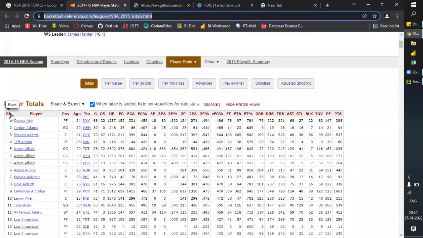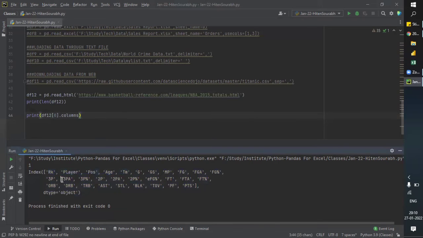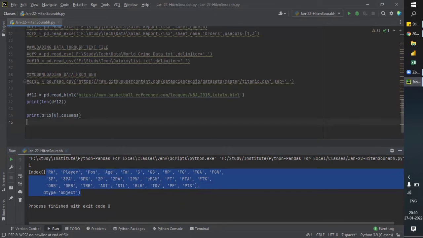You can say player, RK, player, POS, age, TM. It's the same content here. So I believe we are on the right track. Okay. Now we have this. Now let's print the entire table. Print df 12